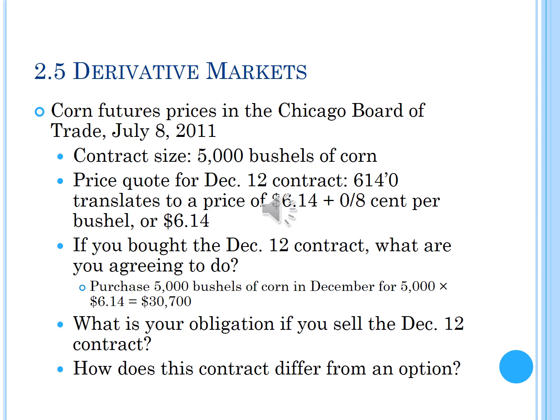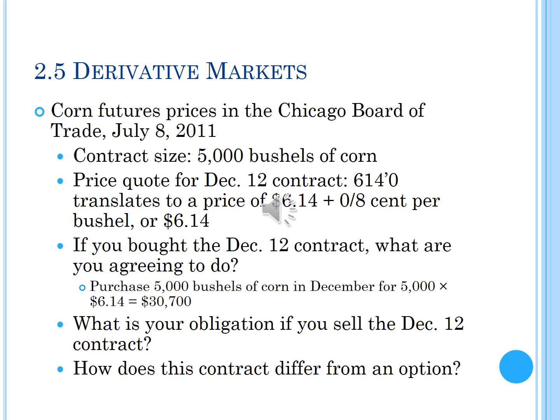If you look at the price quote for December 12th on the figure, you'll see that the contract for December 12th is 6140. Okay, this basically translates to a price of $6.14 plus 0 divided by 8 cents per corn bushel. Of course, the 0 divided by 8 is eliminated because 0 divided by 8 is 0, so you end up with